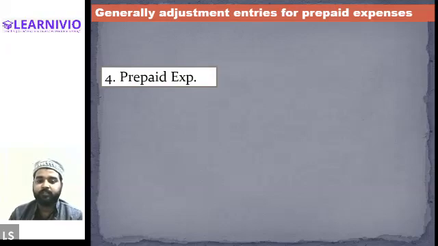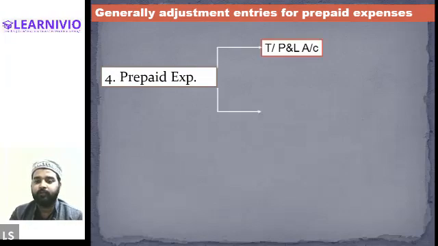As I just explained, prepaid expenses are an asset or liability? Tell me, Alexander, prepaid expenses are asset or liability? Expenses that you have made on an advance basis are considered as your asset or a liability? Sir, asset. Correct. Because this is an asset, first of all, because it is an expense, we are making expense on an advance basis. So first of all, we will record it in the profit and loss account, and also because it is an asset, we will again record it in the balance sheet. So this is how it will be done.